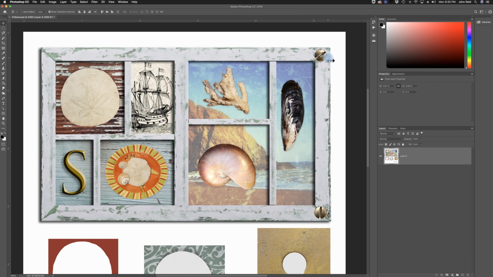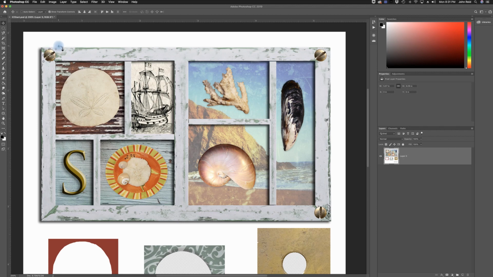Anytime you move it or enlarge it or reduce it, you do have to press enter to accept that transformation before you can move on to the next thing that you want to do. So again, I'm going to hold down my Alt key, and you see I got a double arrow. I'm going to click with my mouse, then hold down my Shift key and drag this one right on over here. Now when I let go of the mouse and then my modifier keys,